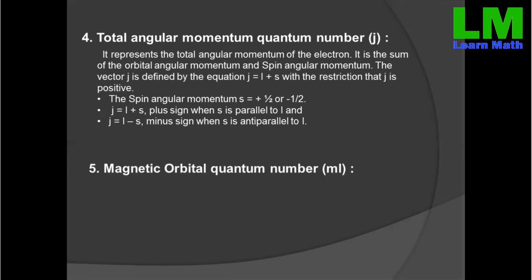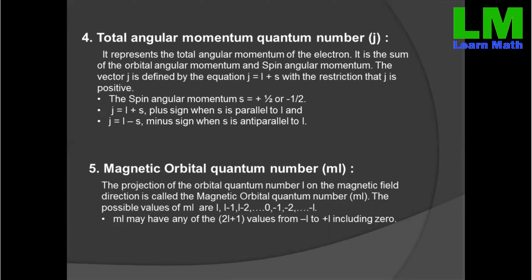The fifth is the magnetic orbital quantum number, denoted by ML. The projection of the orbital quantum number L on the magnetic field direction is called the magnetic orbital quantum number. The possible values of ML are L, L minus 1, L minus 2, and 0, minus 1, minus 2, and minus L. ML may have any of the 2L plus 1 values from minus L to plus L, including 0. We can find the number of magnetic orbital quantum numbers by the expression 2L plus 1,